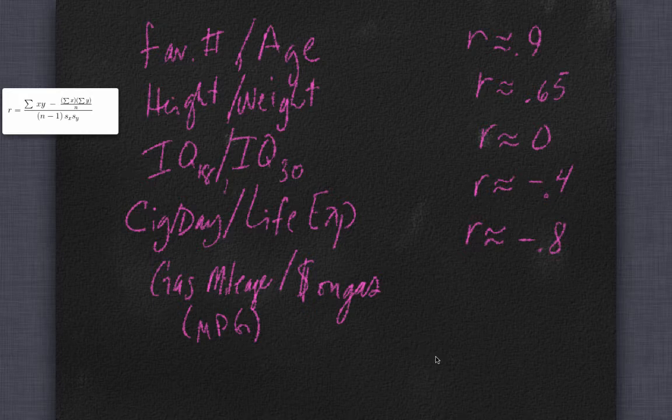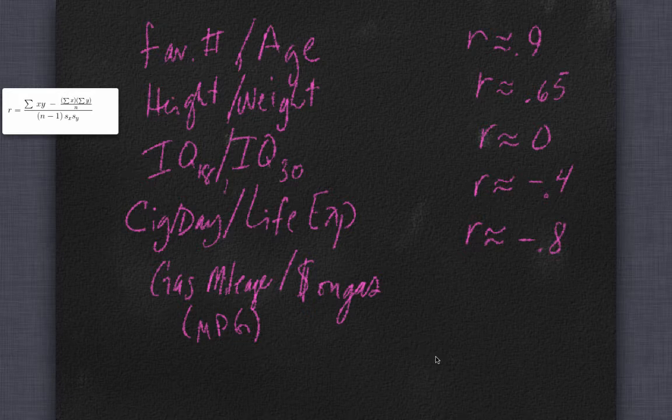So things which are not related. I could have also put on there the height of a ball and the time after which it was thrown, because that also will have an approximately 0 relationship because it's quadratic. So then we're left with the 0.65, the negative 0.4, and the negative 0.8. Of the ones left,